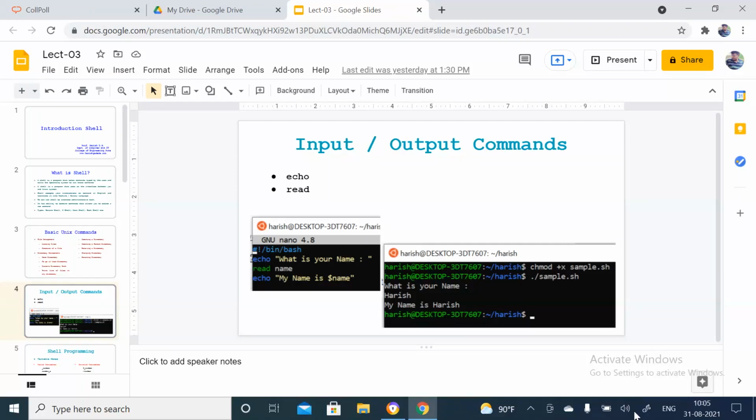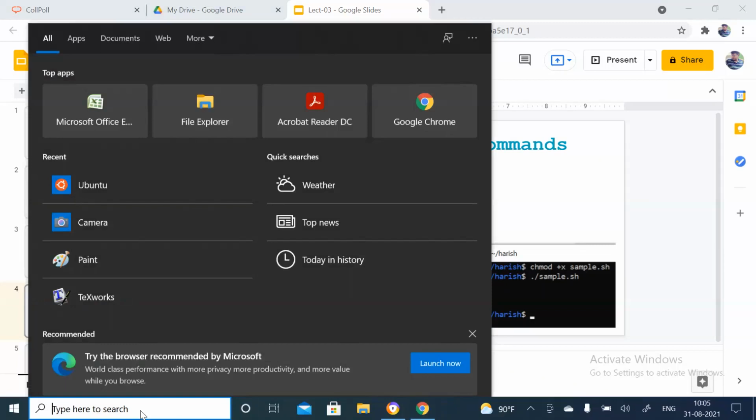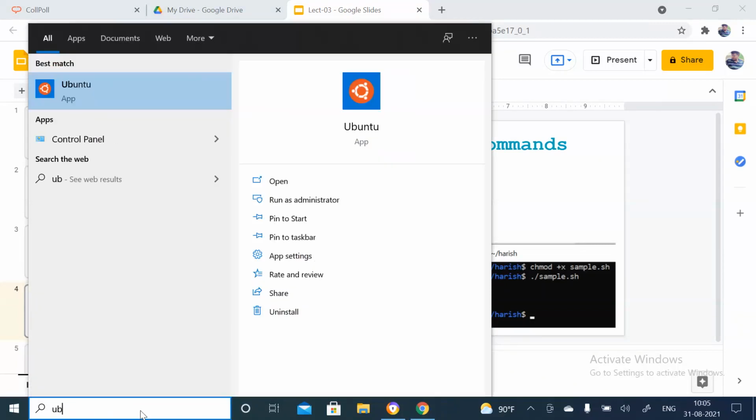Now here, as we know, every statement is a command in shell programming. So echo is a command that is used to display something on the screen, and read is a command that is used to read something from the user. I'll show you something. Just open the terminal over here.